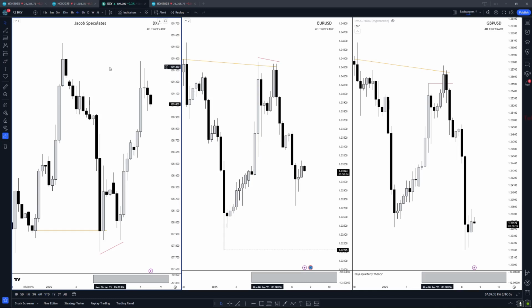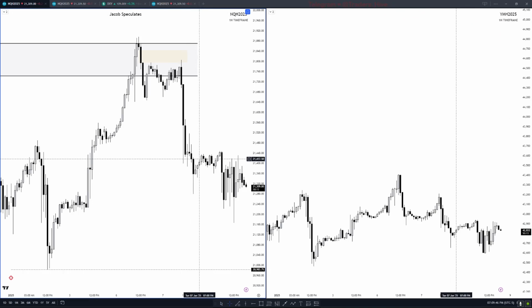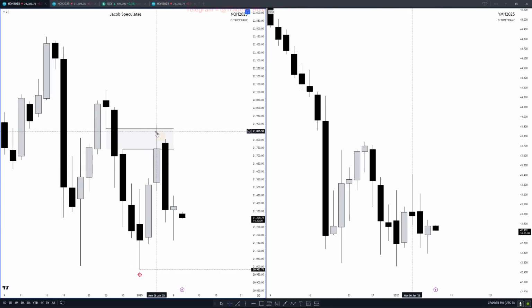So the only time you should look for intermarket relations is whenever you are prompted a reason to, if you hit a key level, because you can just focus on the immediate triad. You can focus on the immediate triad, but once you're given a reason, like this right here, what was our higher time frame narrative? Bearish.